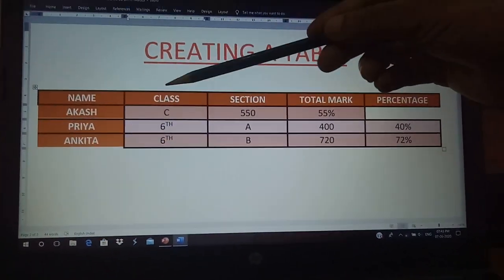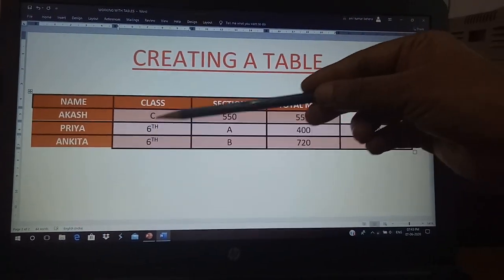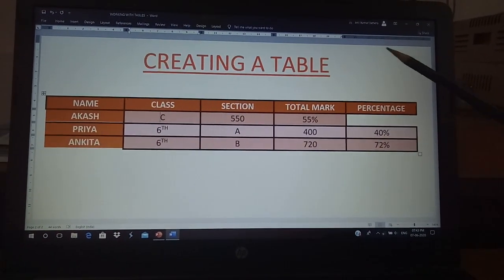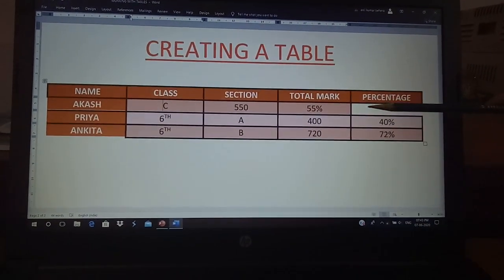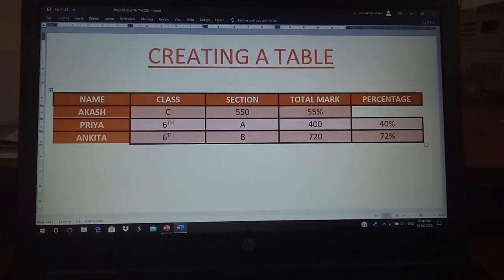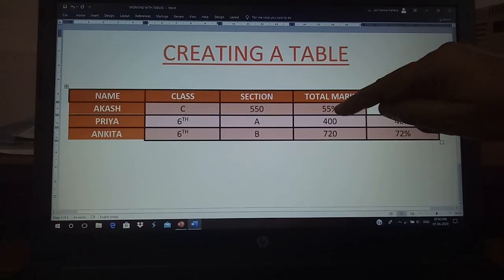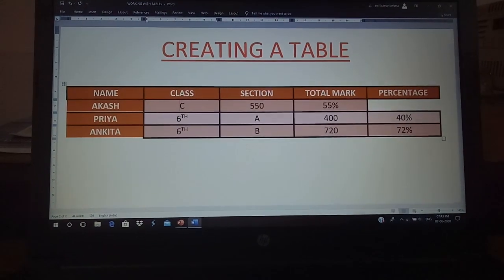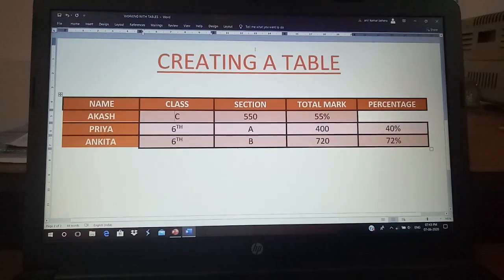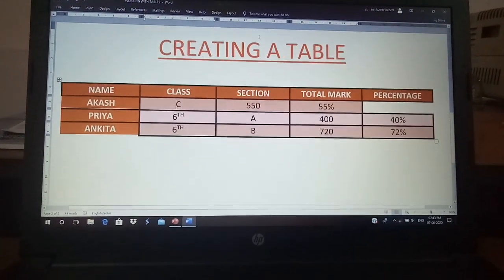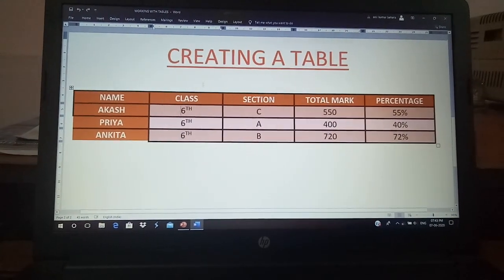The cell that was present under Class is deleted, so the data present to its right takes up its place. That is why the last cell becomes empty. It doesn't mean that this one is deleted. No, this data has been shifted towards the left. The cell deleted is the second cell of the second row. I undo it and it comes back.